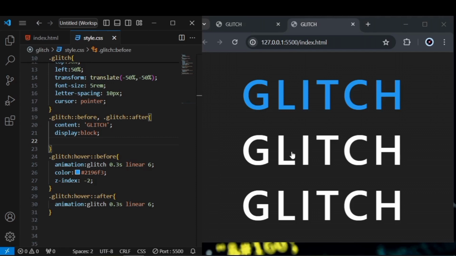By the time if I hover on it, as you can see here, this is actually what we're having here. But my second text is not working, so let me head back. Okay, I'm supposed to give it a z index. First of all, I haven't changed the color, so I'm going to change the color to another different color. So I'm going to say color,